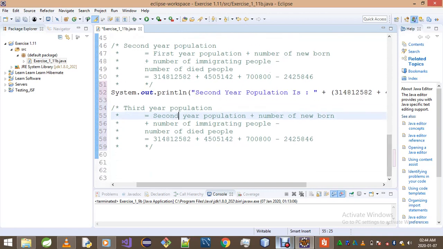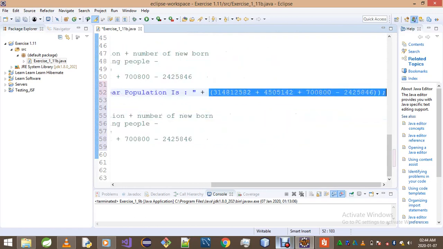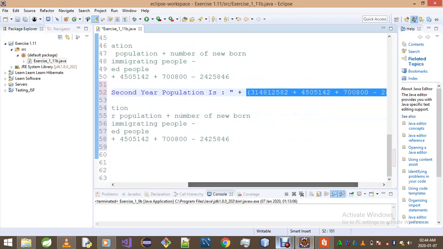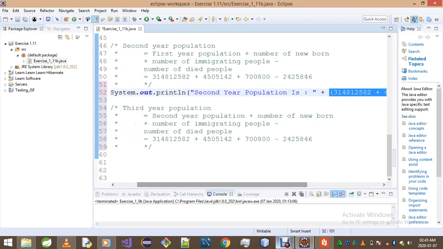By the way, this thing actually computes to 317,